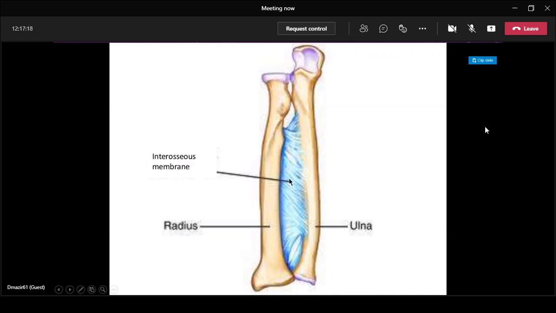in a downwards and medial direction, so that when the person falls on the outstretched hand, on the palm by chance, that thrust from the hand is transferred to the lower end of the radius. From the lower end of the radius, following the direction of these fibers, the thrust is transferred to the ulna, and the ulna, going upwards, makes the humero-ulnar joint, where through the mechanism of the coronoid process and the olecranon process the whole of the thrust is transmitted toward the lower end of the humerus.